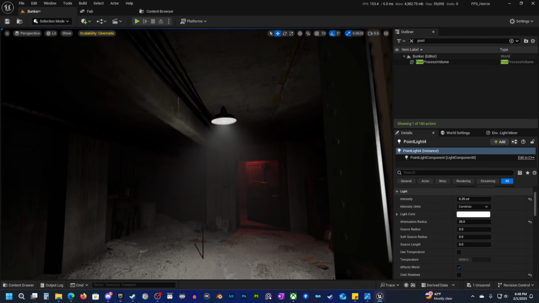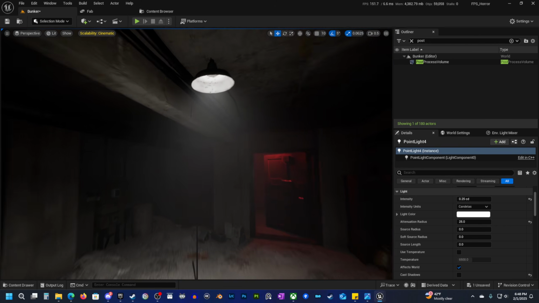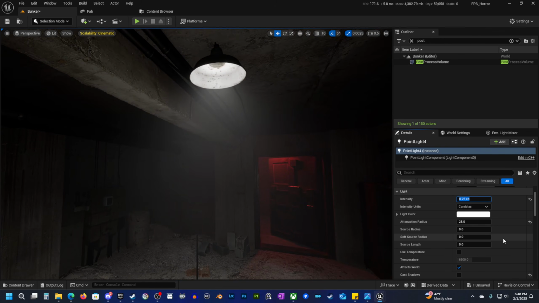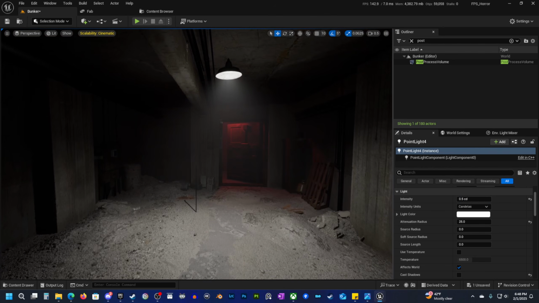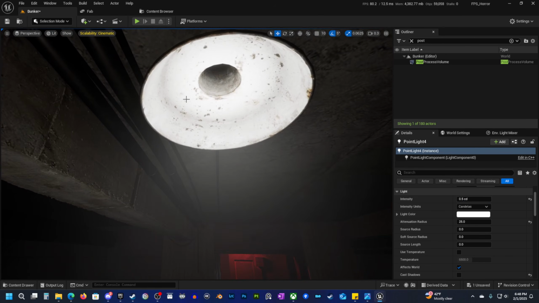So already that looks quite a bit better. And honestly, I think I'm just going to leave it like that. We might make it a little bit brighter. Let's go to 0.5. I think that looks good. That looks more realistic. The other thing that you could do, and I will show you how to do this,